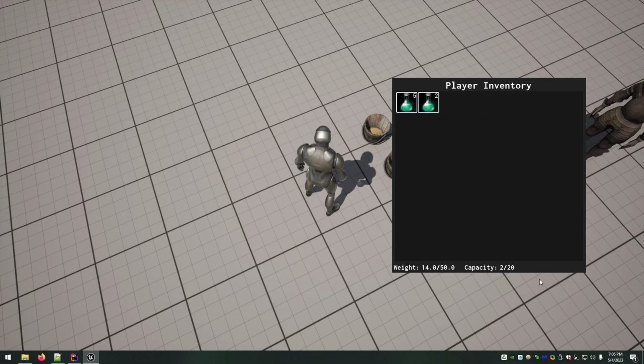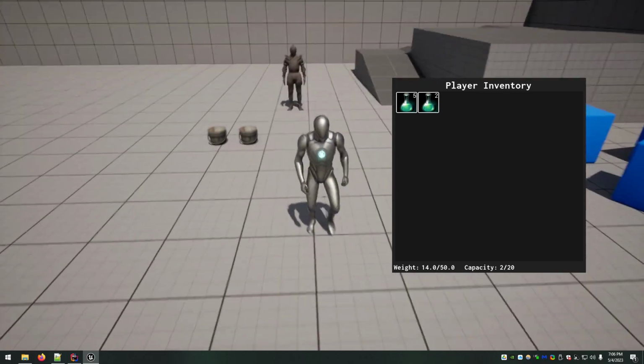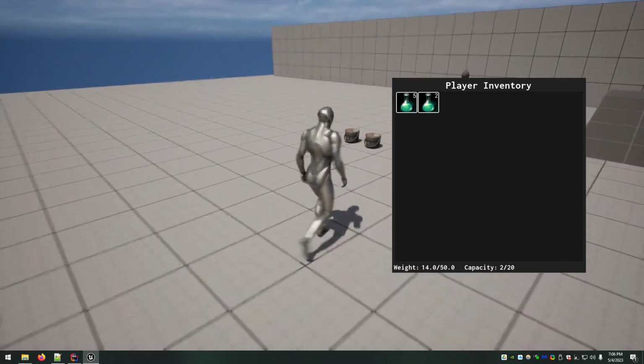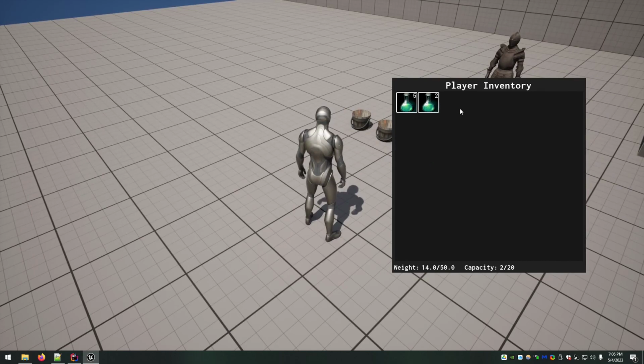Weight down here, 14. 2 capacity. So that's it. That's what I wanted when I originally had this thought creating this and it didn't handle stackable items. I said I want this to automatically be smart enough to distribute this and do all the calculations, as you would expect.